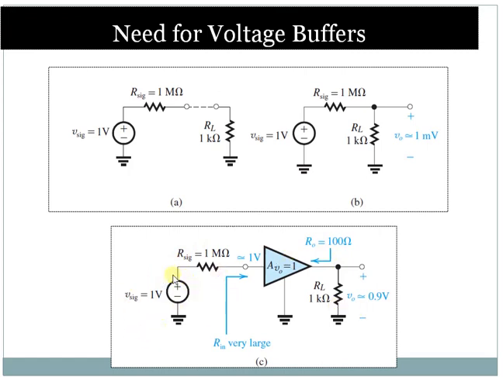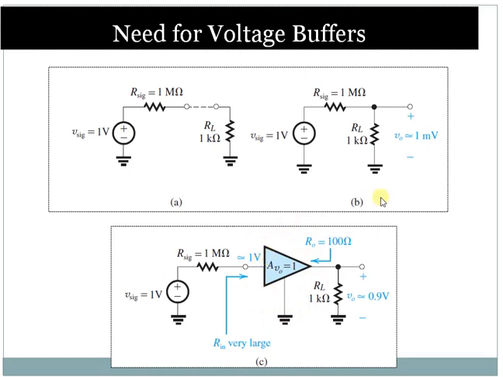So V signal, which is equal to 1 volt, will appear at the input of the amplifier as 1 volt, and because the output resistance of the amplifier is low, almost 90% of the input voltage that is applied will appear at the output. So you can see that for the V signal of 1 volt, the output available is equal to 0.9 volts. Hence it is possible to obtain an output voltage approximately equal to the input voltage by making use of a voltage buffer or a source follower.